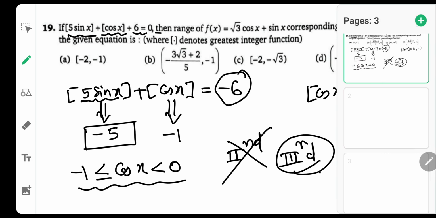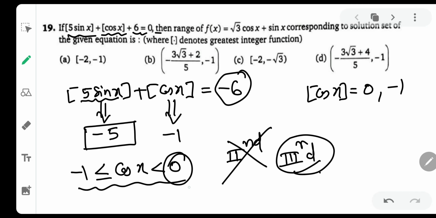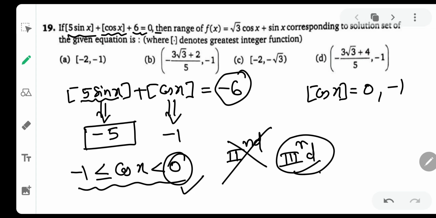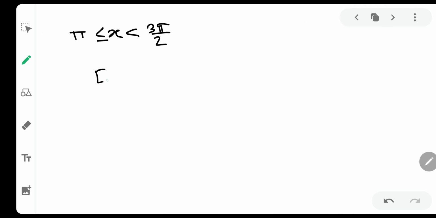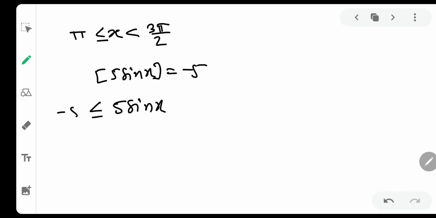So if cos x is in the third quadrant, then what will be the x value? So definitely it will be from pi to 3 pi by 2, pi included, because 0 is not included. Hence 3 pi by 2 is not included. Now this is when we solved the easier part of the question, that is cos x. Now let us deal with GIF of pi sin x. This has to be minus 5, and this is very simple. Pi sin x has to be greater than or equal to minus 5 pi and lesser than minus 4 pi. Then we will get our GIF as minus 5.